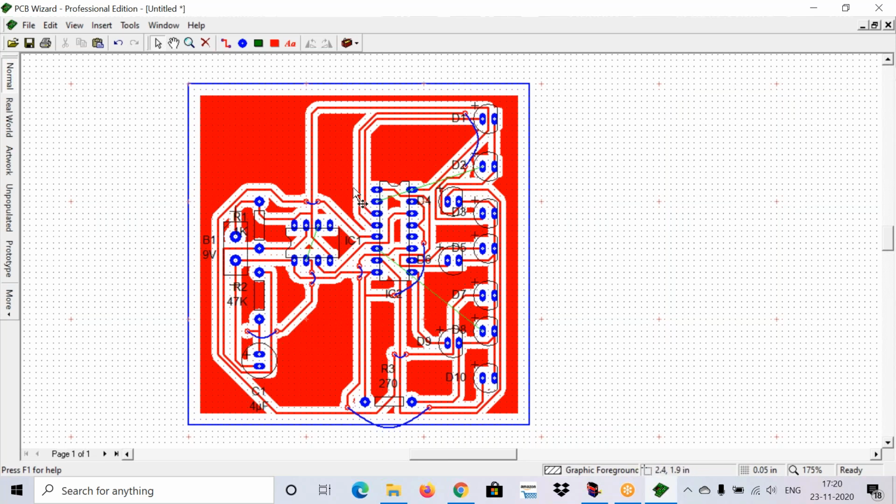Can anyone count the jumpers in this circuit? Okay, these are all jumpers. If you observe my cursor, this is a jumper, this is a jumper, this is a jumper, this is a jumper. If we count them, 1, 2, 3, 4, 5, 6, 7, 8.